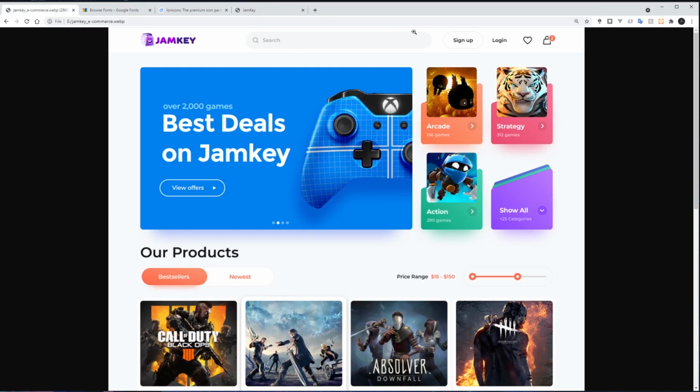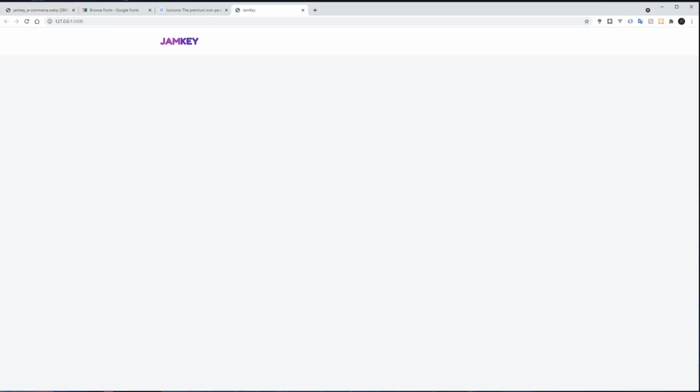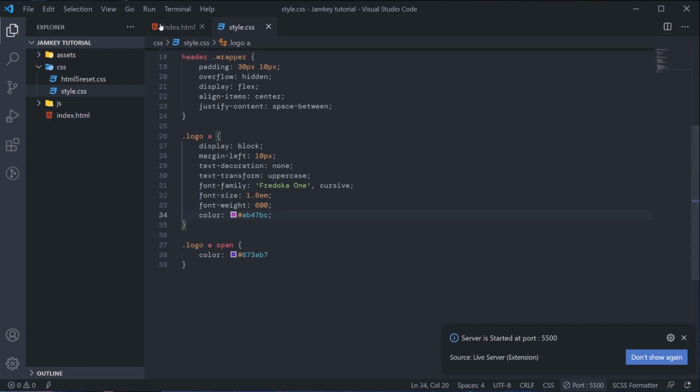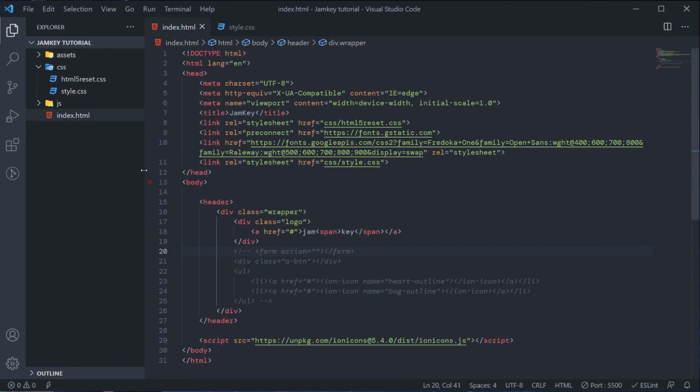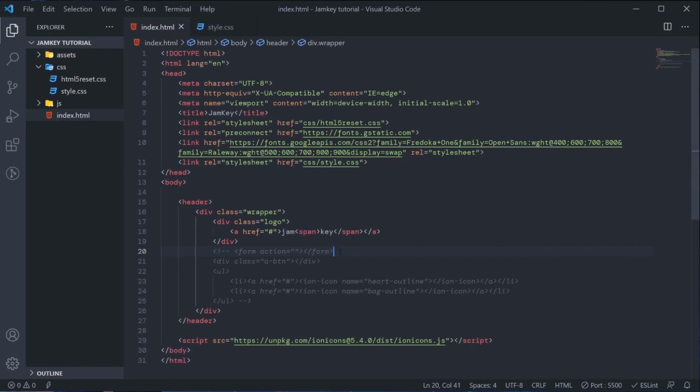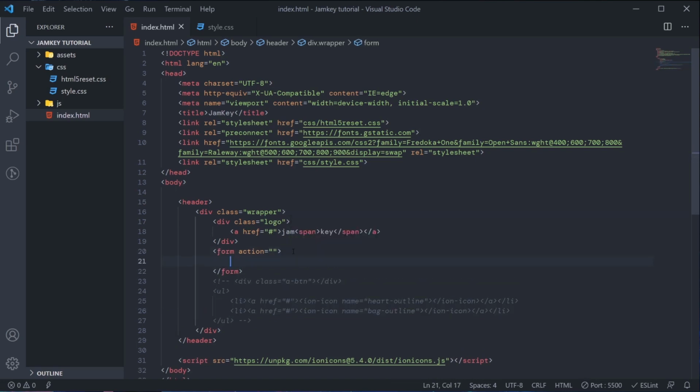So the next thing we need to work on now is this search bar for this place here. So I'll go to my text editor, then I'm going to comment just the form. Okay, so we still need to mark up some things inside this form. So what do we need to add now? We need to add